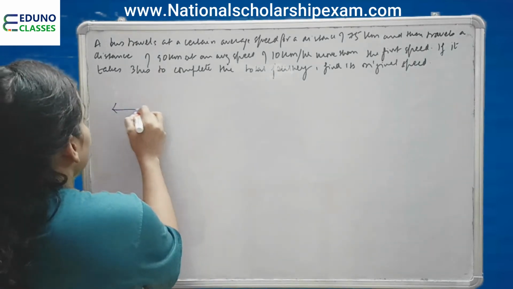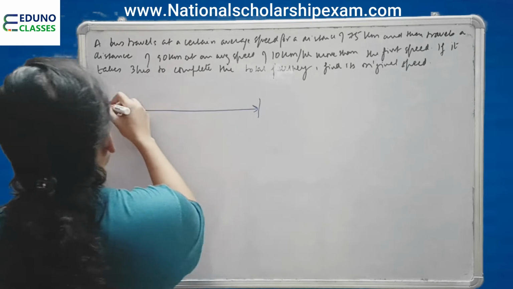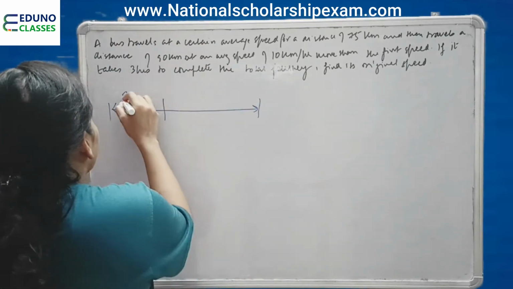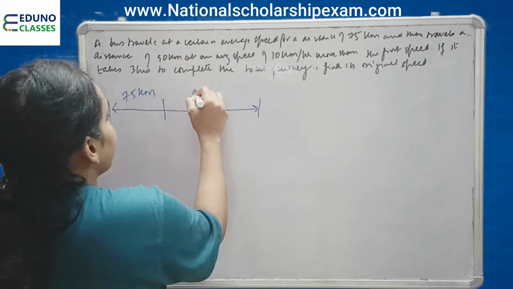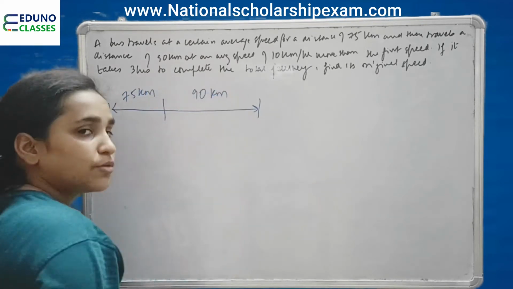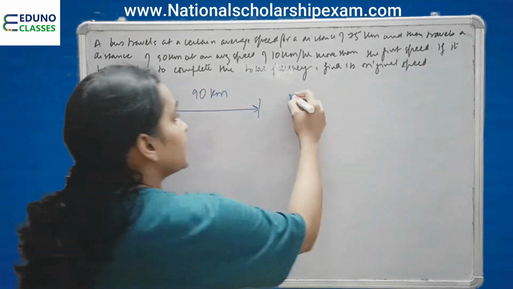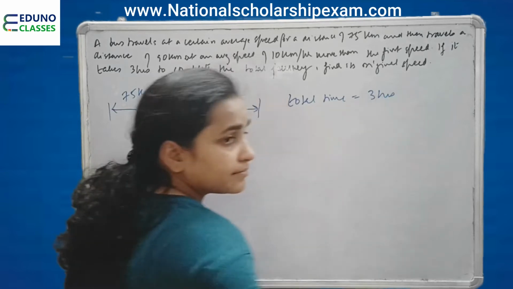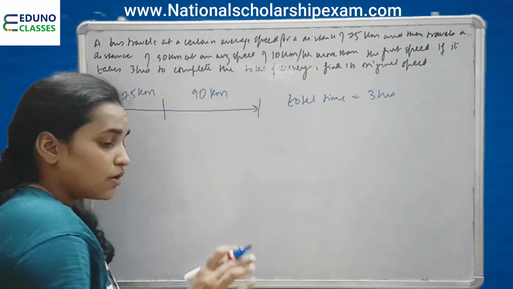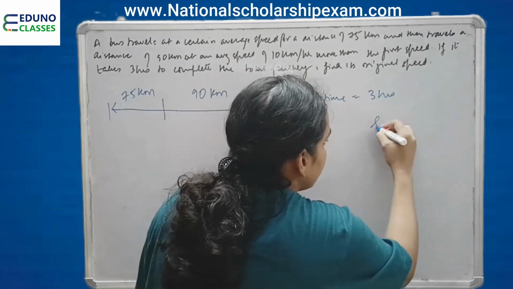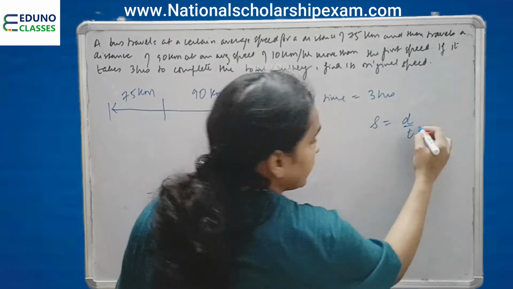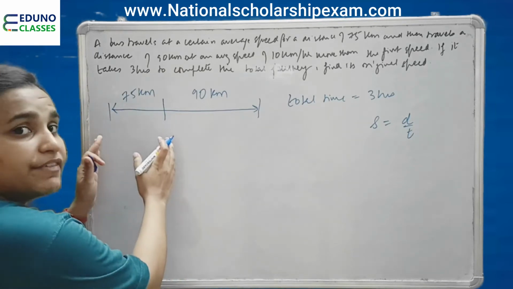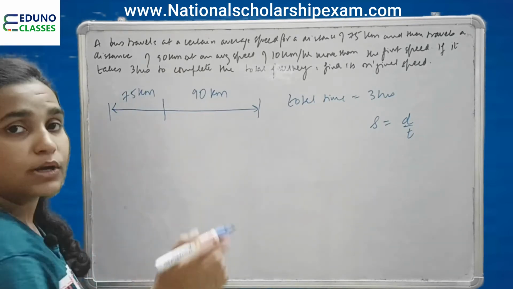So we have certain distances and the journey is divided into two. One is 75 km and the other one is 90 km. And the total time taken to complete the journey is 3 hours. Okay. Now I hope I don't need to tell you the formula: speed is equal to distance upon time. Right. Now it says for this particular distance of 75 km it has one speed. What would be its speed?